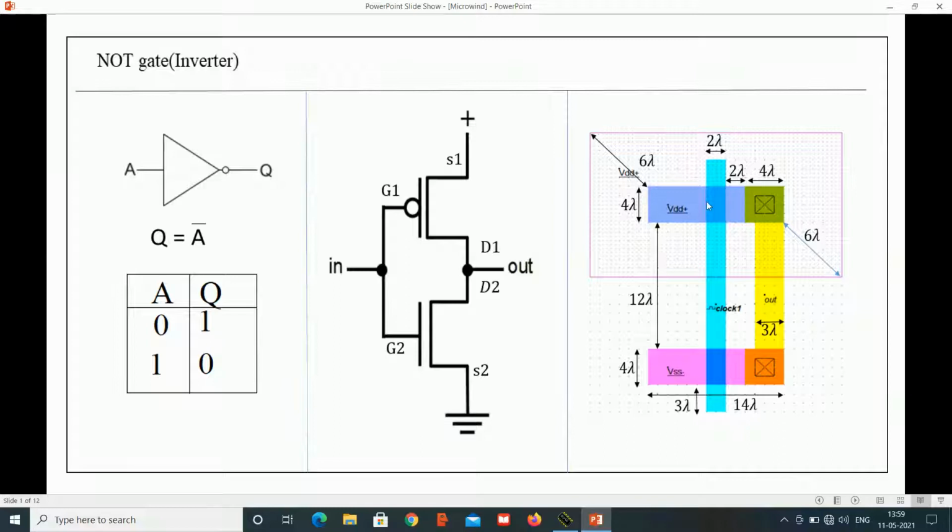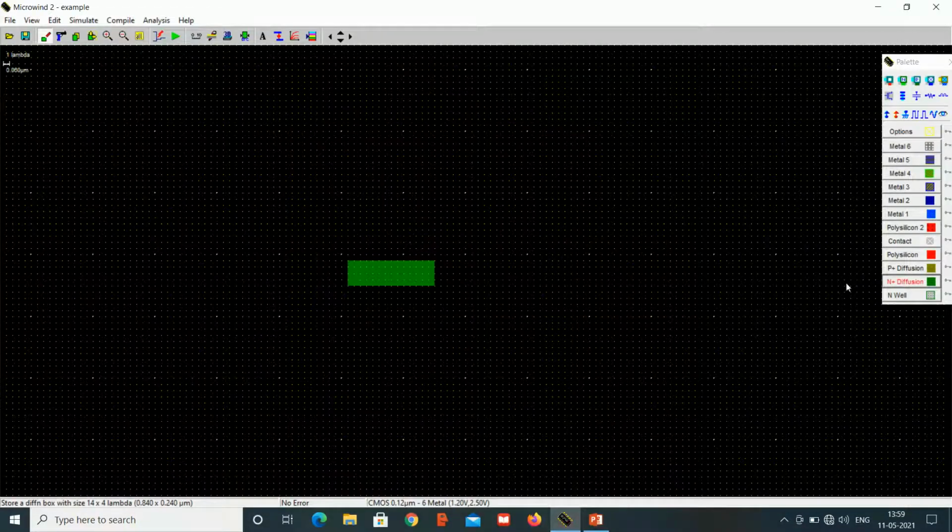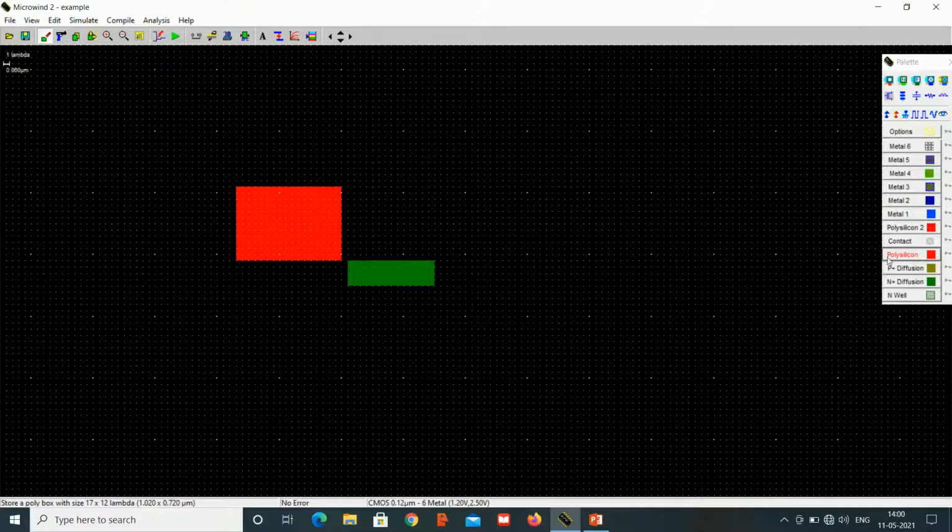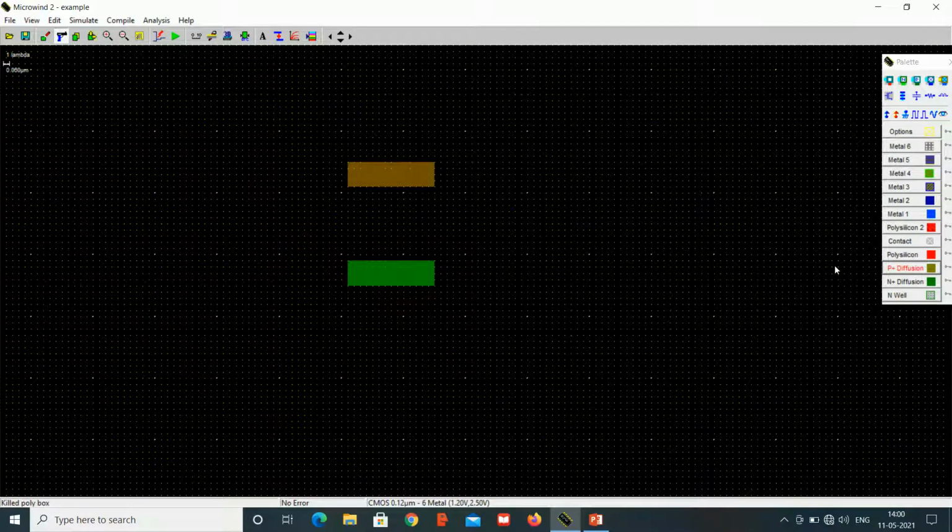In between this N plus diffusion and P plus diffusion, the length should be 12 lambda. So for that I am just taking a polysilicon and measuring the distance to be 12 lambda. Now I am selecting a P plus diffusion and drawing it with a length and width of 14 by 4 lambda. This is just to differentiate the distance.